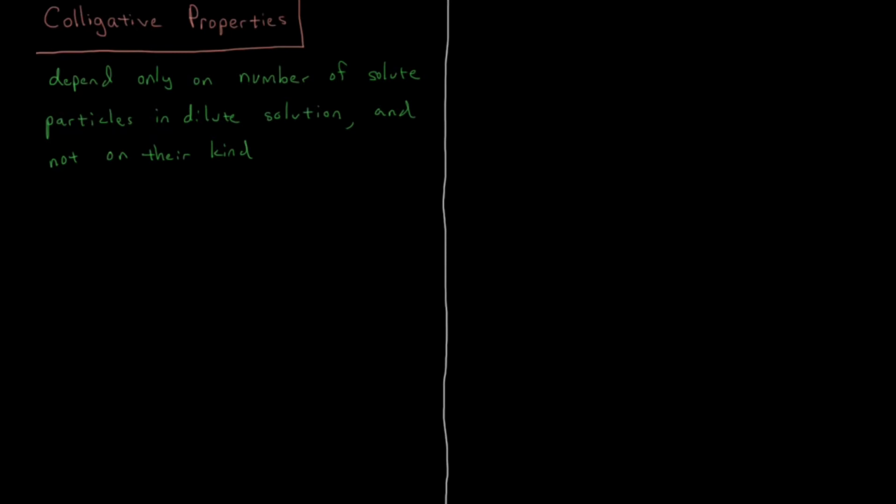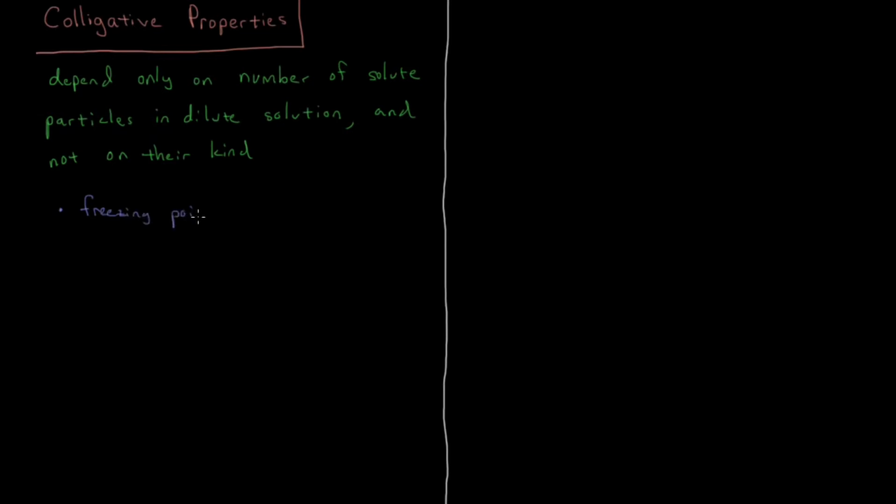In this video, we're going to briefly introduce the concept of colligative properties. A colligative property is a property which depends only on the number of solute particles in a dilute solution and not on their kind. Some examples of colligative properties that we're going to discuss include things like